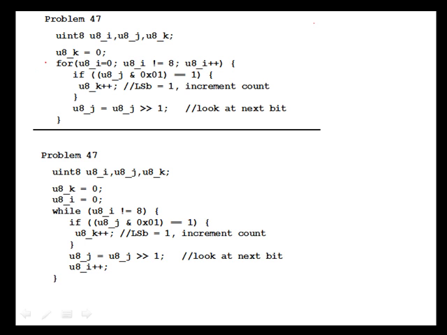Problem 47 is some C code that attempts to count the number of 1 bits in an 8-bit variable called U8J. The way it's going to do this is going to have a for loop that loops 8 times. Each time through the loop, we're going to take a look at the least significant bit of J. If that value is a 1, we're going to increment a count and keep that count in K. Each time through the loop, we'll shift J to the right, so we'll move a new bit into the least